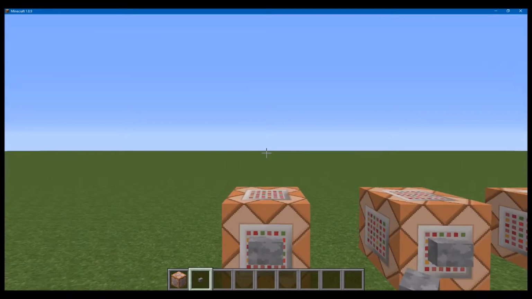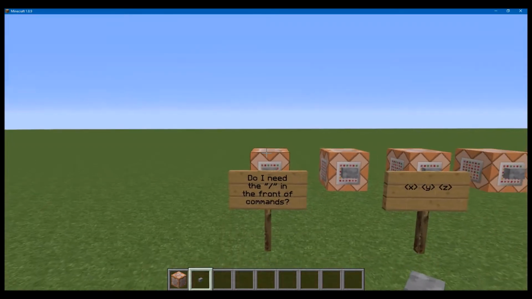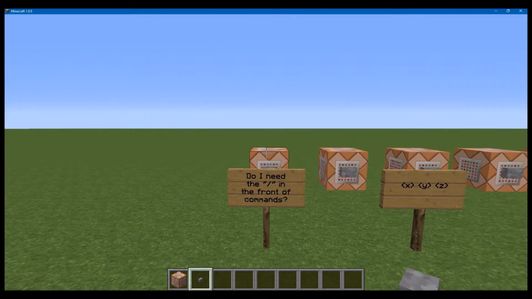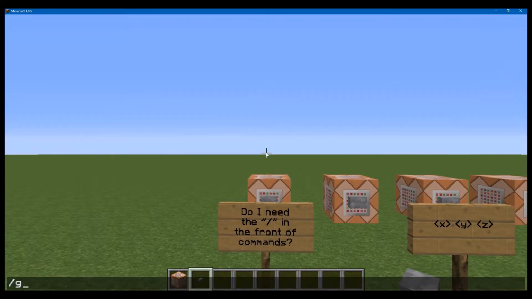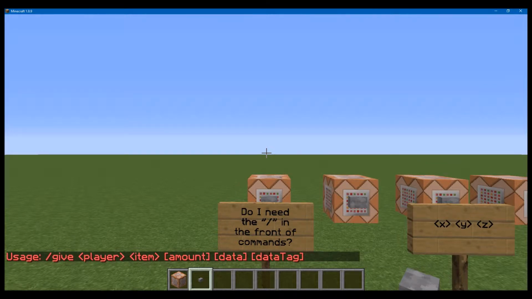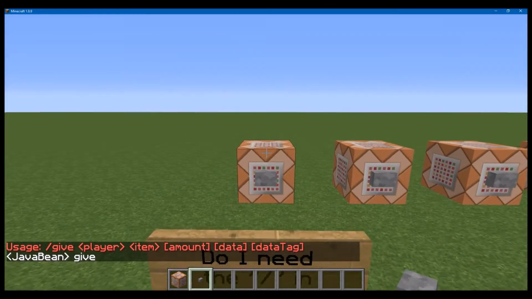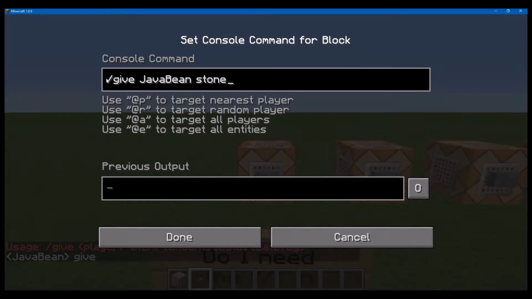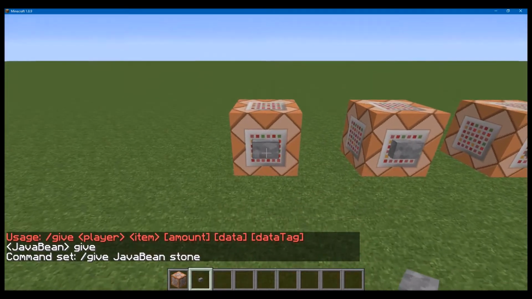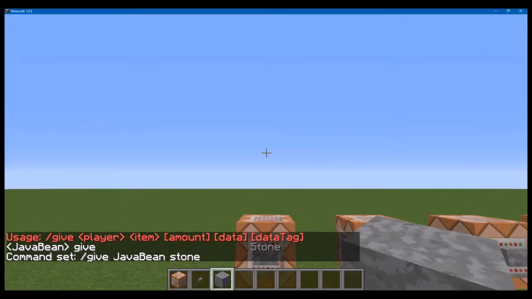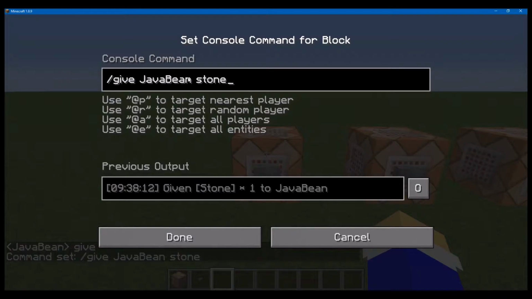To start with, I'm going to answer a question many of you may have. Do I need the slash in front of commands? Well, in the chat, you do. Because if you didn't, it'd just be chat. So if you go into the command block, you see I've put the slash here. And it gave me stone. And if I take the slash out,